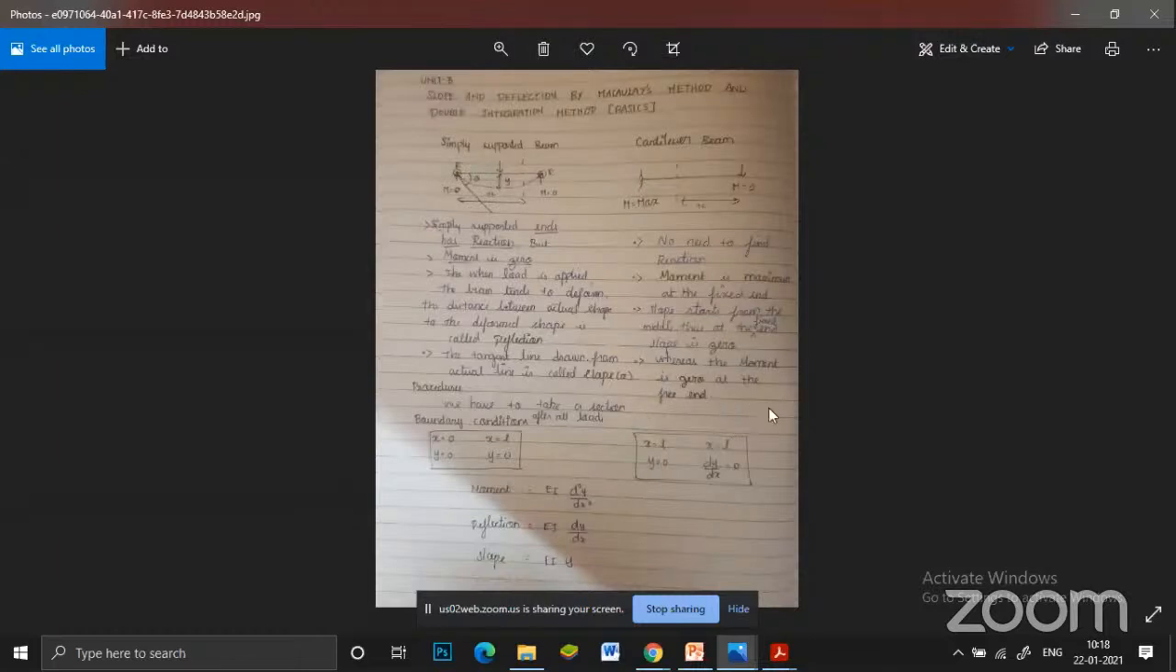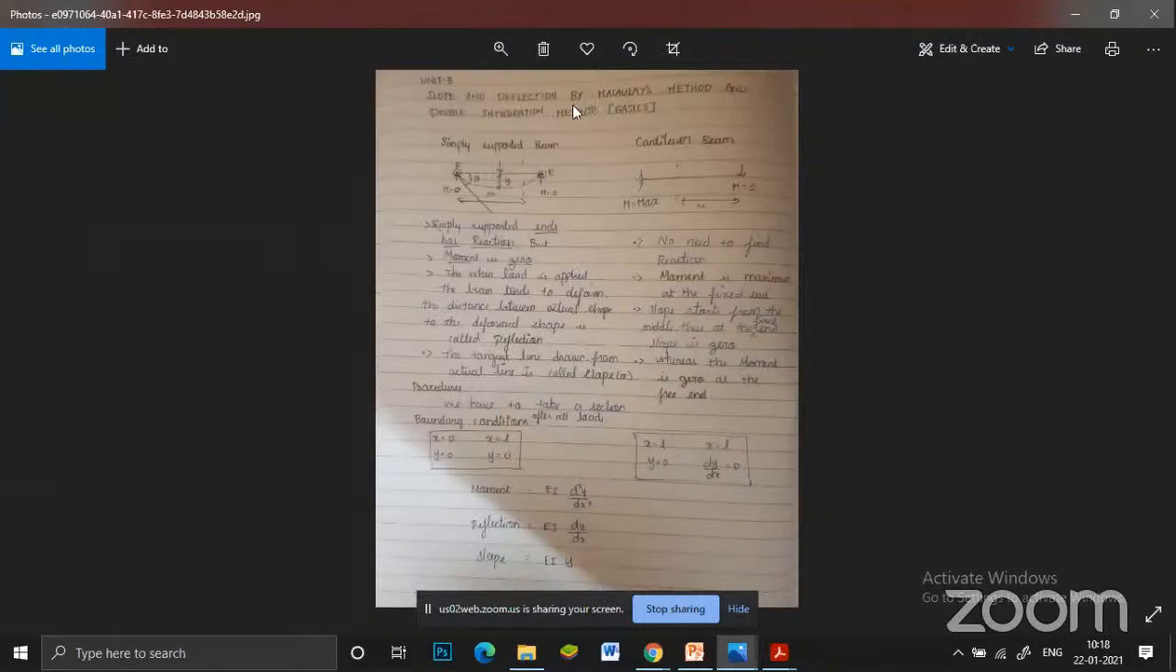I told you that the moment is 0 at the free end, and the moment is maximum at the fixed end. Then these are the procedures and boundary conditions we have seen. At X is equal to 0, Y is equal to 0; at X is equal to L, Y is equal to 0 and dy by dx is equal to 0. In case they ask you to find the moment, deflection and slope using the double integration method,